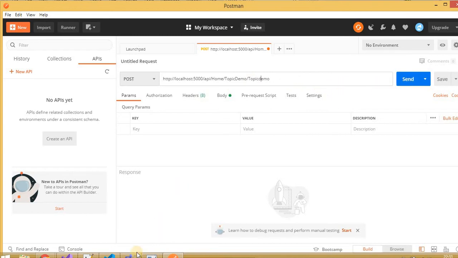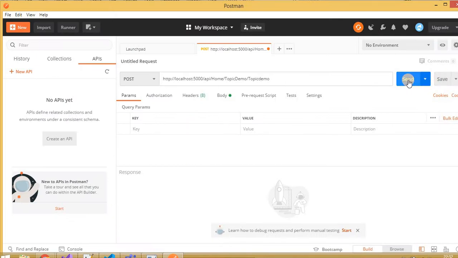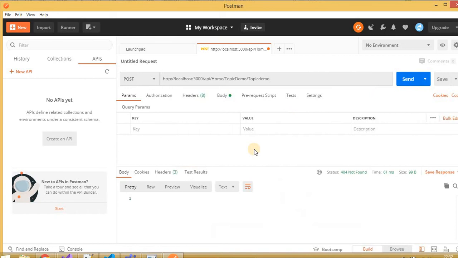Now let's put a pointer here and hit send. Oh, I didn't provide the name of the method. Here is the topic name.